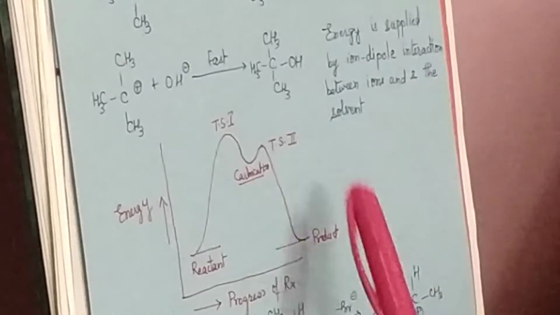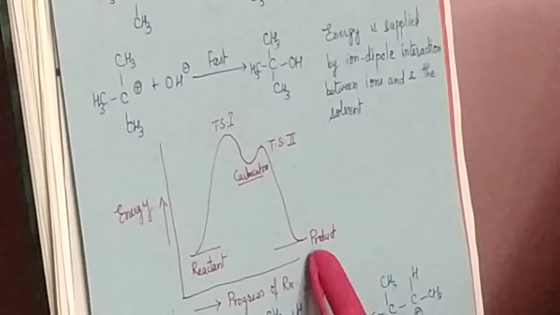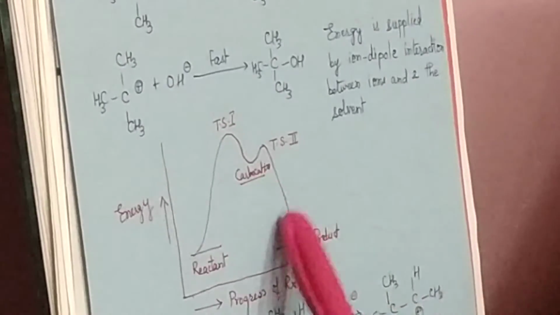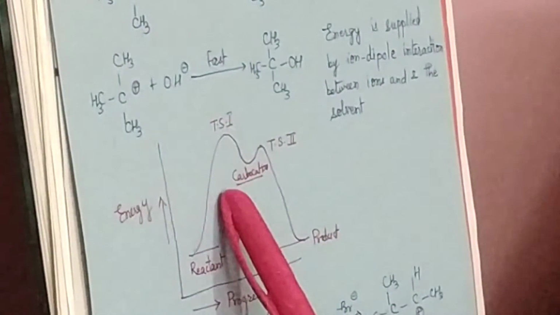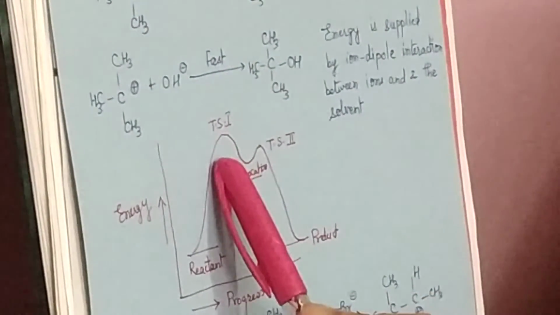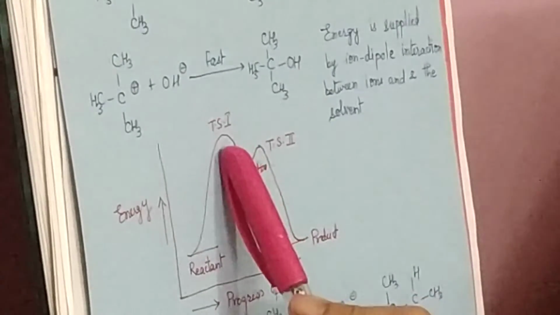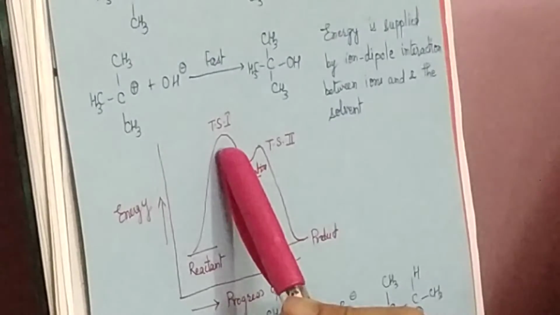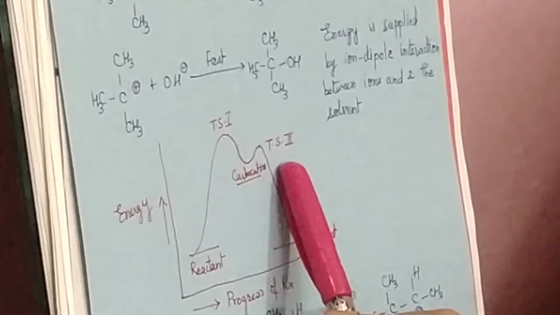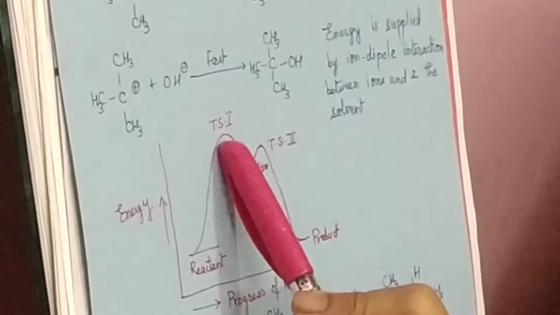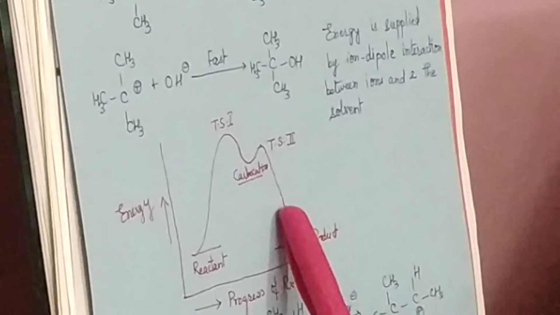So the reactant passes through this carbocation stage, that is the first step, and then this carbocation changes into product, and we obtain two peaks here corresponding to step 1 and step 2. These peaks correspond to transition state 1 and 2, and you can see that the transition state for the first step has a higher energy as compared to the transition state for the second step, which means that the activation energy for the first step is more as compared to that for the second step.